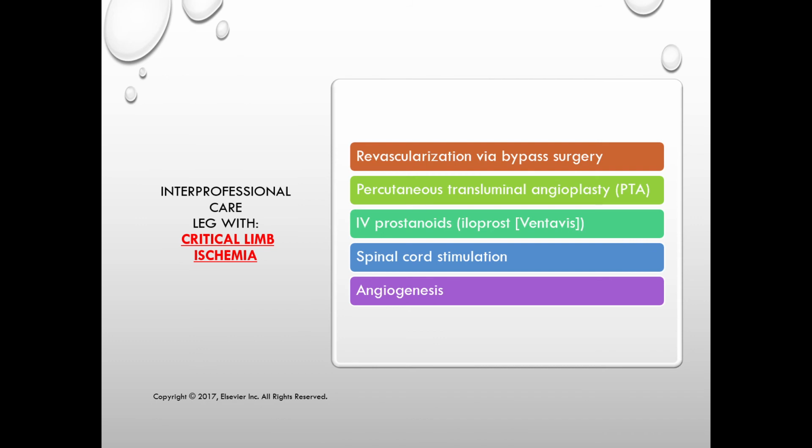So with critical limb ischemia, here we're talking a little bit more about hospital type care. There's a lot of things, right? Really what you need to understand with critical limb ischemia is it's basically chronic ischemic pain that happens when it's resting and for more than 2 weeks with arterial leg ulcers and or gangrene of the legs due to the peripheral arterial disease. And optimal therapy for these patients with critical limb ischemia is to try to revascularize it, usually doing a bypass surgery. And I'll show you a photo that I put in here actually shortly, I believe. And if a lot of these things are not feasible, we can do an angioplasty or PTA,